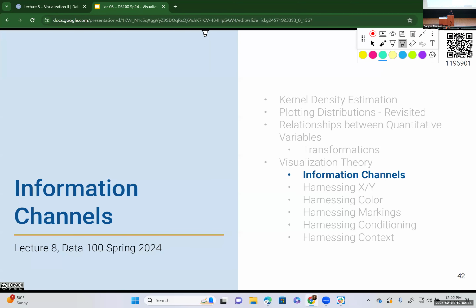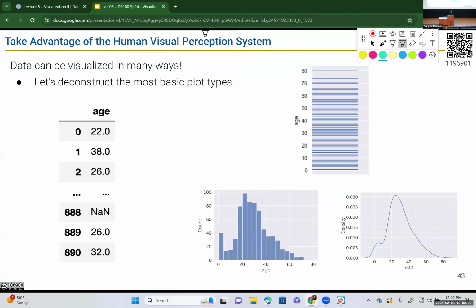But let's now talk about how these visualizations are created. Let's say I had the data set of all of these individuals who bought a ticket for Titanic, and I have the age distribution of all of them. There are some null values, which is fine. But if I want to get a sense of what's happening generally in the distribution, it's really hard to look at all of those age values and make sense of them, right? But instead, if I use something as simple as this rug plot right here,